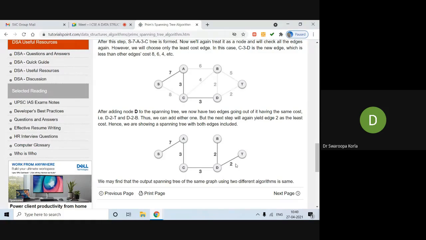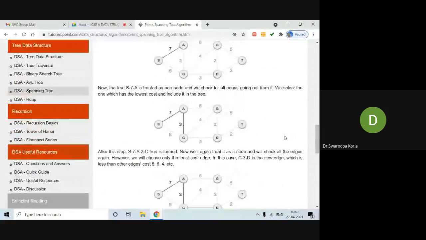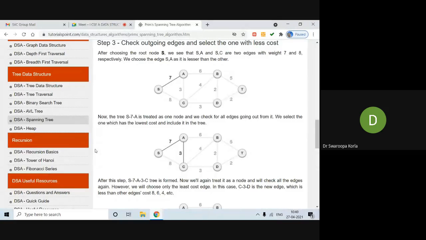So in the given graph, both give the same minimum cost value. But the way you form the minimum cost spanning tree is different. In Kruskal's you form a table, and according to the minimum weights you add edges one by one to form the spanning tree. But here you select a root node. First of all, you traverse towards each and every vertex, adding to the existing path, and you again consider minimum cost values, and you remove all the circuits.